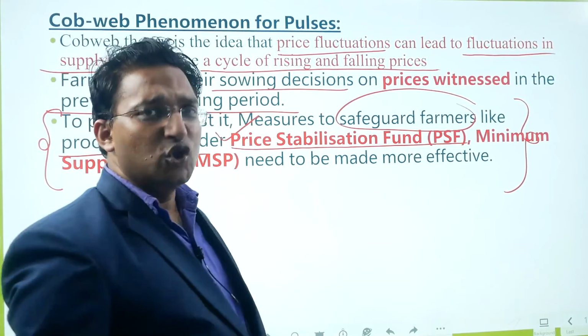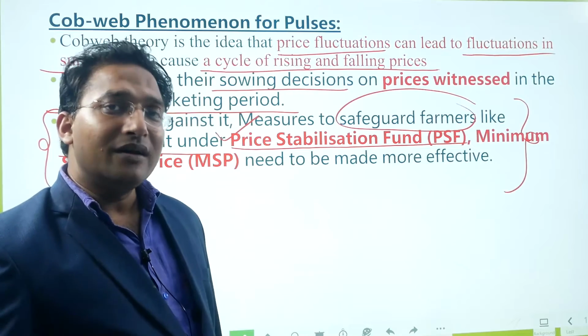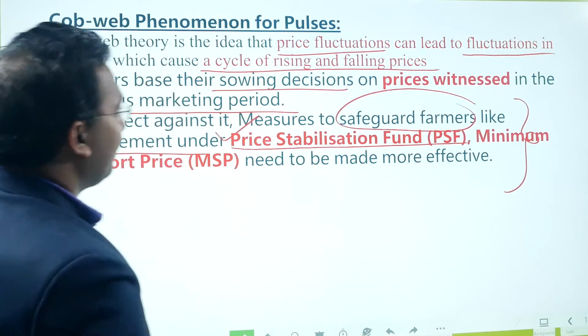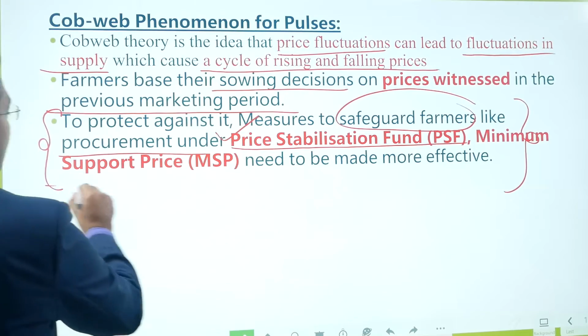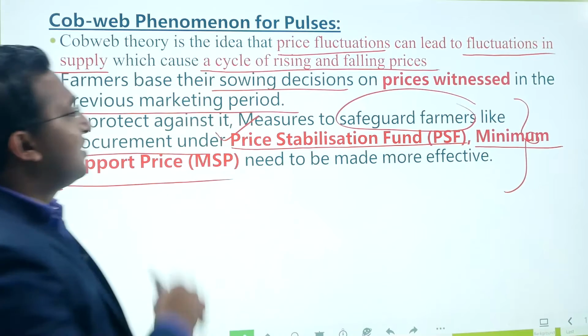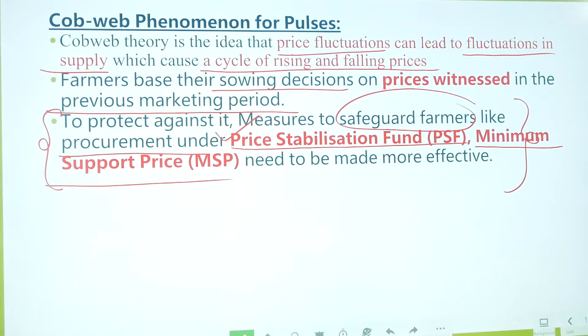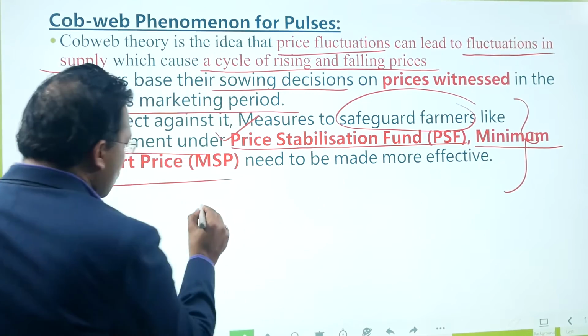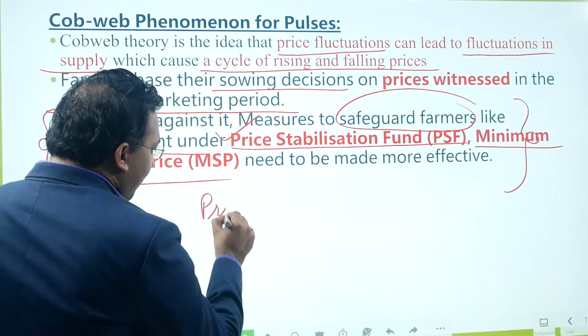at low price to the consumer, so that the farmer as well as the consumer both are unaffected by the cobweb phenomenon. Minimum support price. So minimum support price is also required. So this price stabilization fund and minimum support price, they need to be more effective. If they are more effective, in that case, even if because of cobweb phenomena, prices are coming